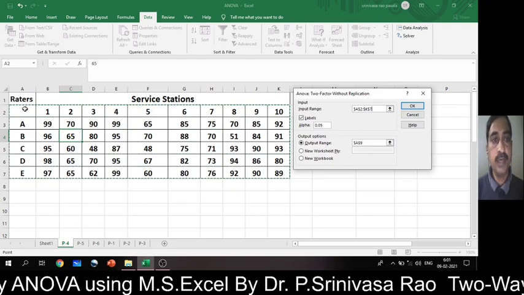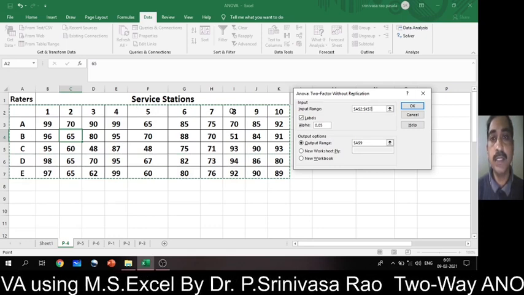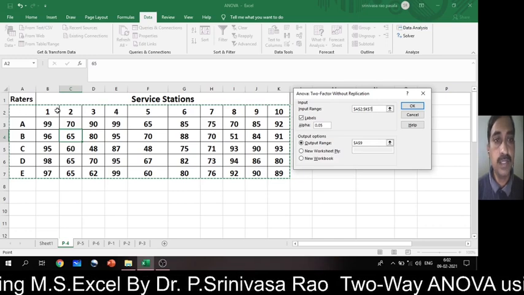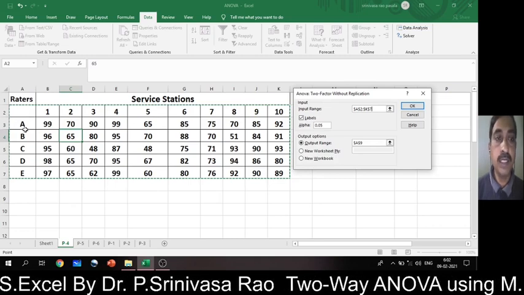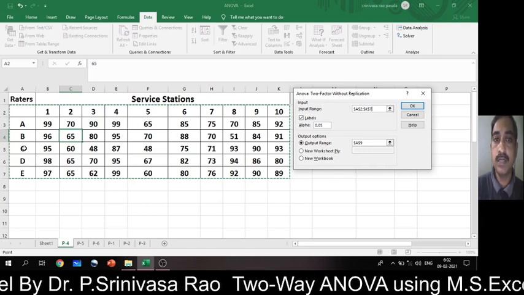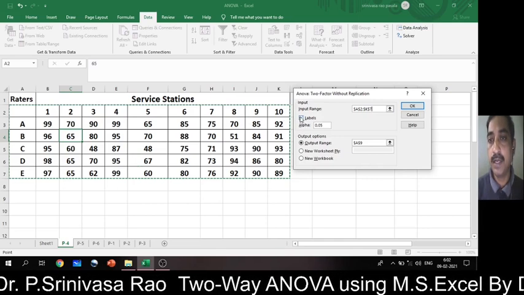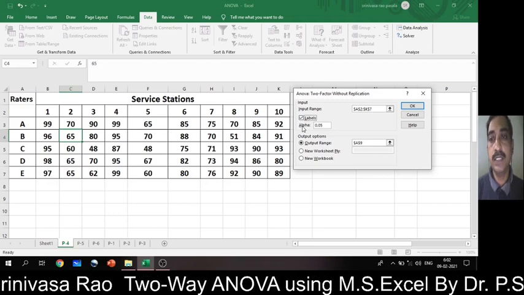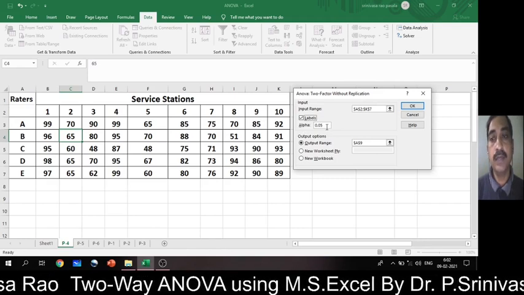If you observe, the first row indicates the different service stations, and the first column indicates the raters. So I select the first column as well as the first row. That's why I tick Labels. Then Alpha, what level you want to test, 5%, 1% or 10%. Here I take 5%.